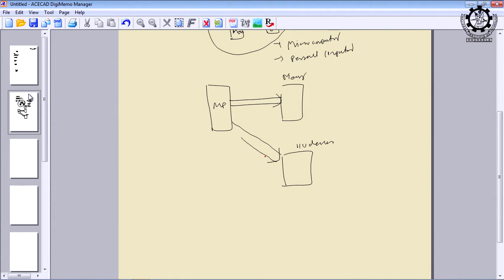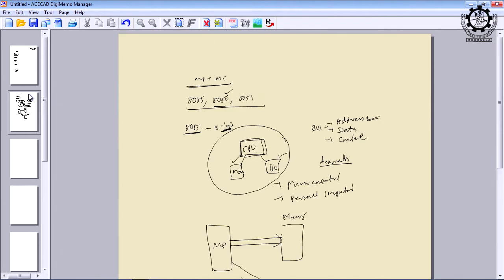What is communication? Communication is simply the exchange of messages or exchange of data between any two devices in a microcomputer. So, when our processor wants to communicate with memory, it needs some medium. Here the bus serves as the medium by which you can communicate, and the three types of bus, as I told you: address bus, data bus and control bus.